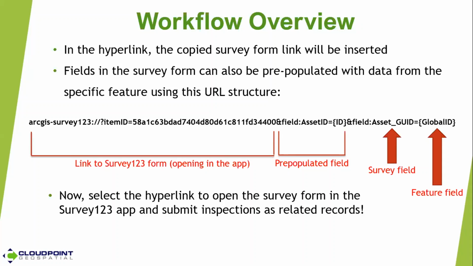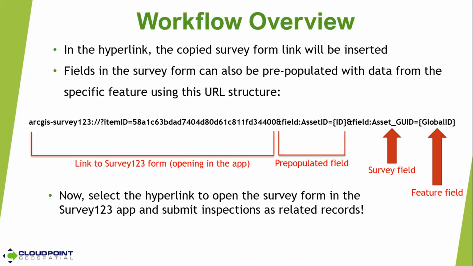Again, this is how the relationship class is built. I'm pre-populating that field in my Survey123 form with the culverts global ID. So that's why when I created that asset GUID field in my related table, I left it blank, because when I select a culvert from my web map, open this link and select that hyperlinked text, it's going to open the Survey123 form and pre-populate that inspection record with the global ID of that